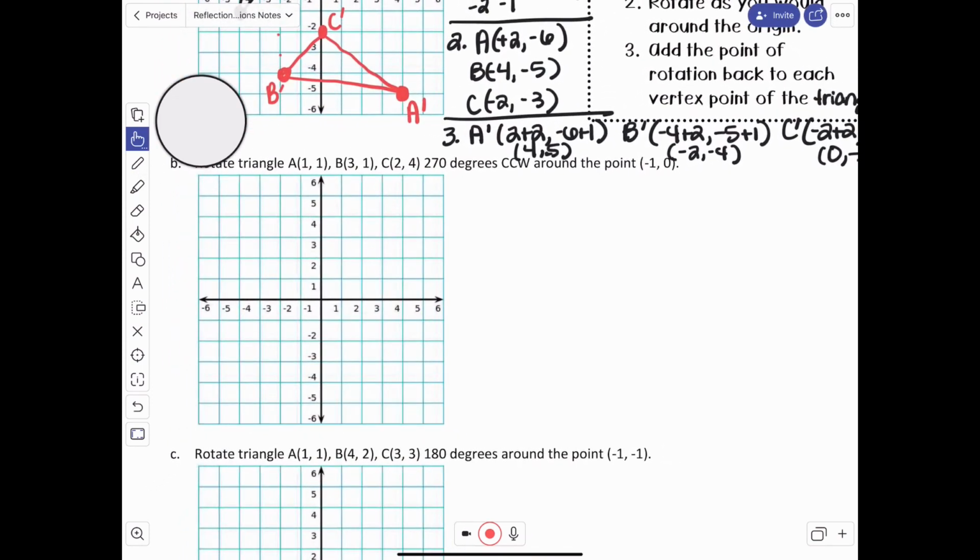Okay, so once again, if we do these points, if we've got the point 1, 1, let's do black, 3, 1, and 2, 4, and we want to rotate around the point negative 1, 0. So this is the point that we want to rotate about. Okay, so for our first step here, what we want to do is we want to subtract all those points. So for A,